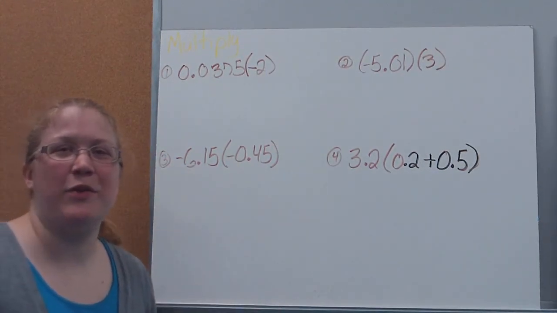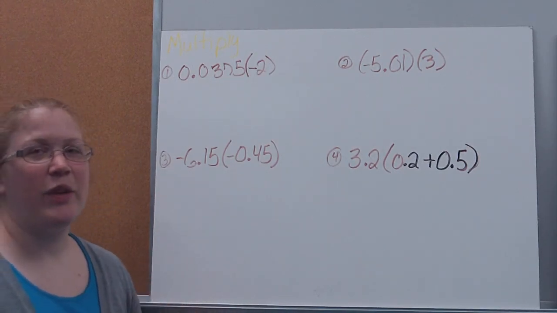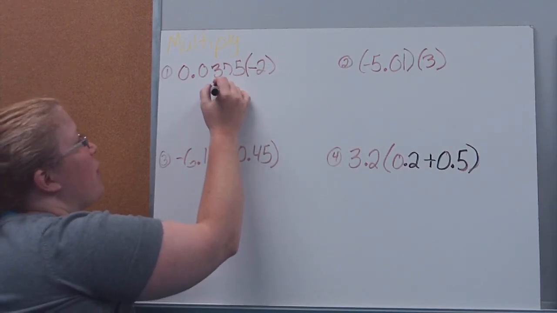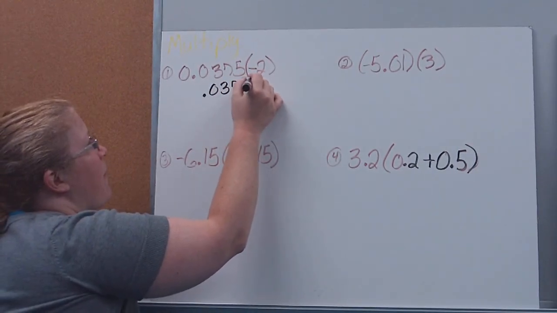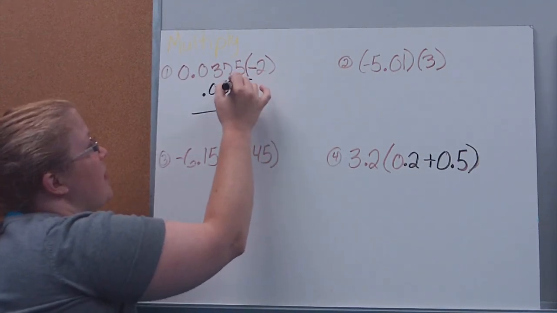So we're multiplying, which means I don't need to line up my decimals. I just need to count my decimal places. And then we need to remember our rules here. So the first thing I'm going to do is just do the multiplication. Don't worry about the signs just yet. 2 times 5 is